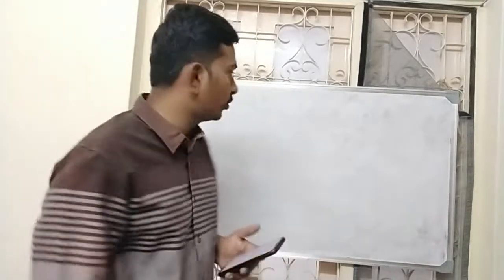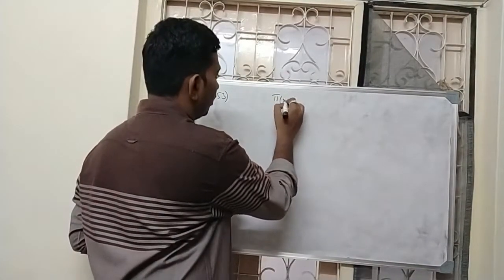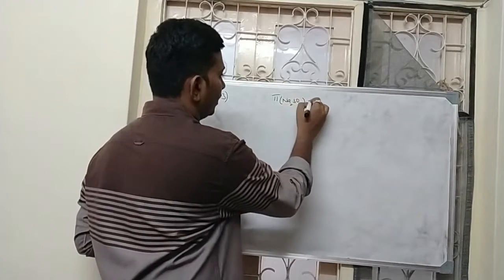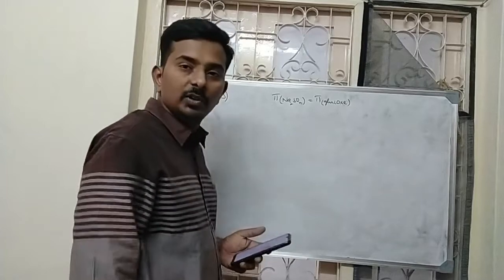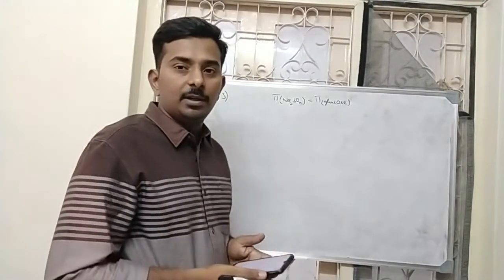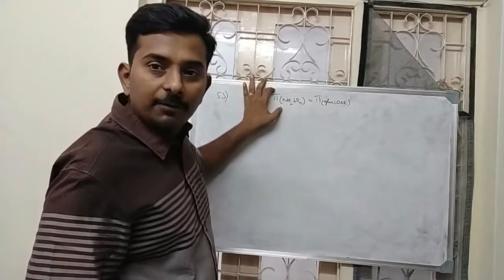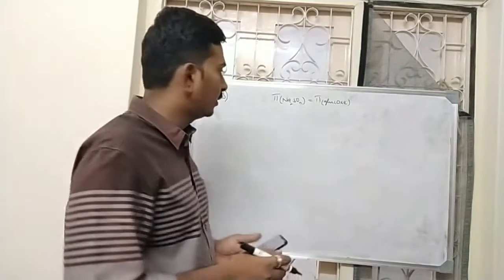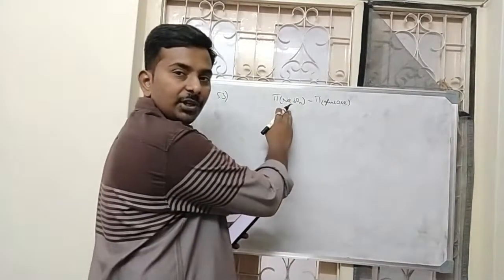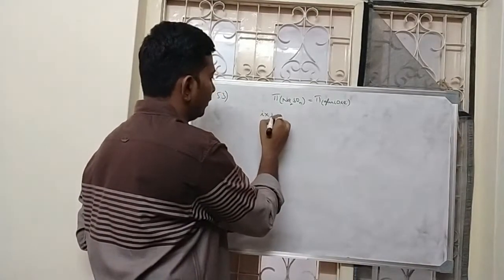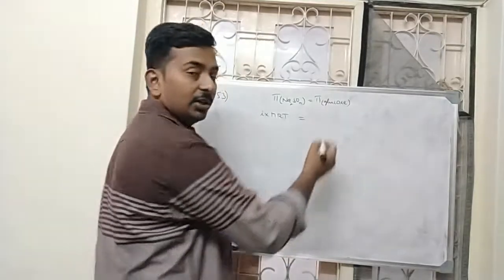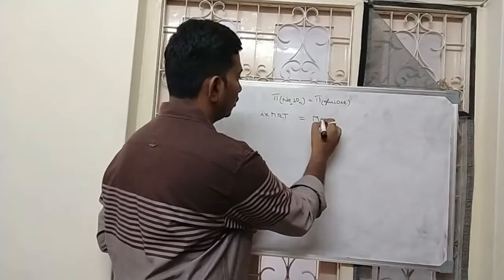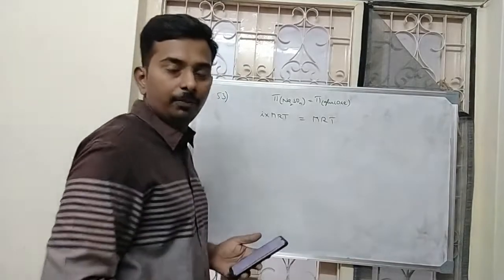So here one is sodium sulfate solution, the other one is glucose solution. That means the osmotic pressure of sodium sulfate is equal to the osmotic pressure of glucose. We know how to calculate osmotic pressure, and they are asking the alpha value of sodium sulfate. So this is undergoing dissociation, and the formula of osmotic pressure will be i into MRT, which must equal, for glucose, which does not undergo any dissociation, pi equal to MRT.